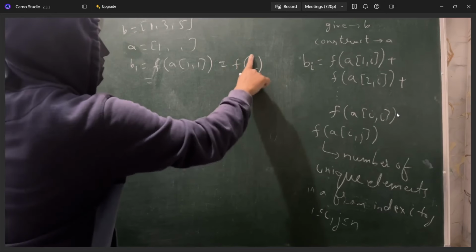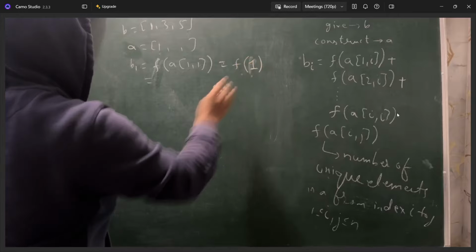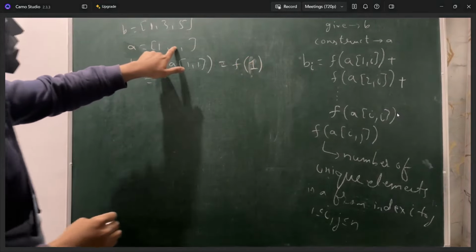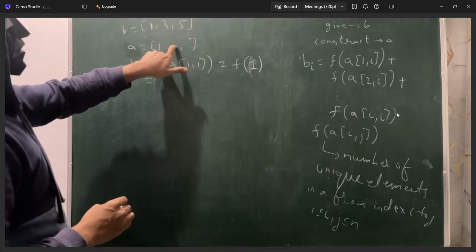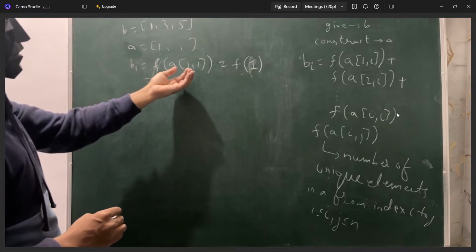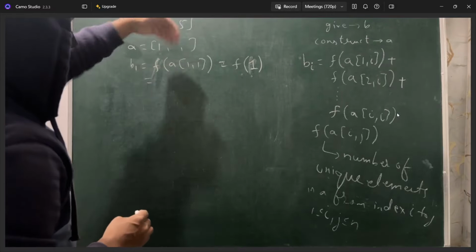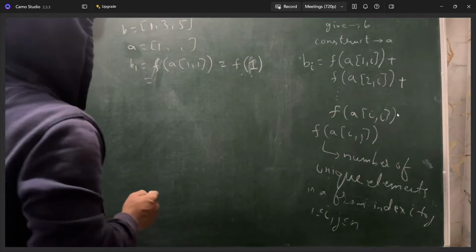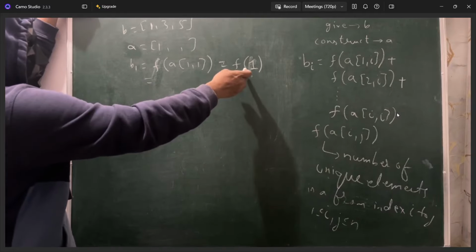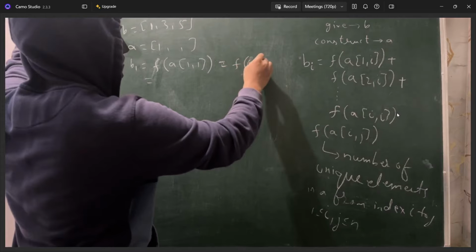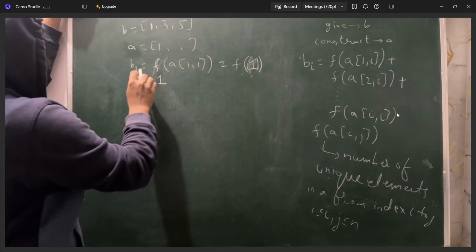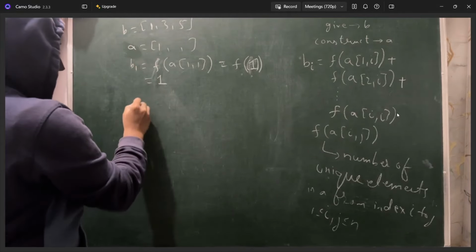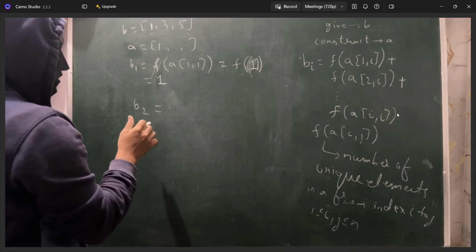What I'm trying to do here is basically start A with 1 and try to fill the next element. When I'm filling the next element, I'll be doing it the way I want to fill it. So f of only one unique element is there, so its answer is 1, which is given as 1. Now when you're finding 2, my next